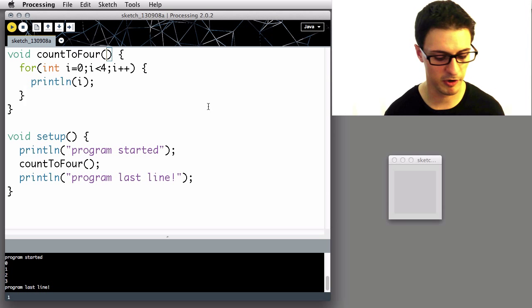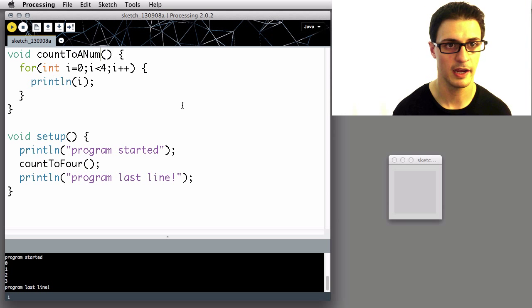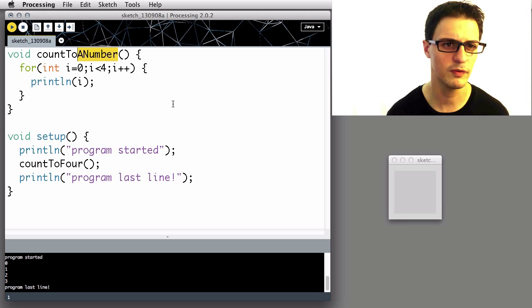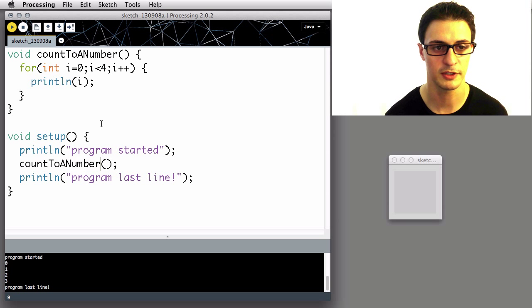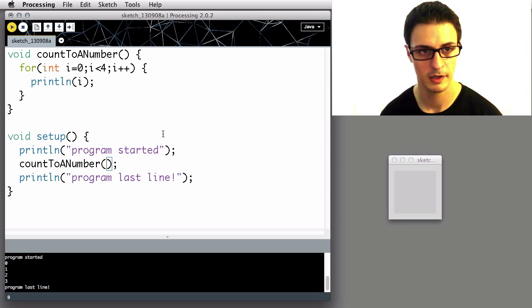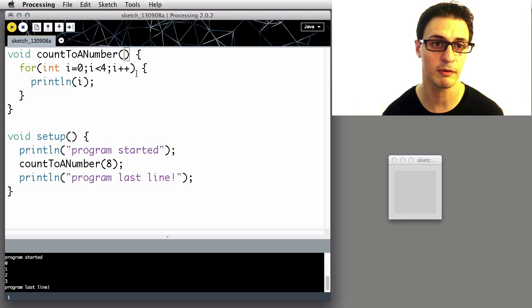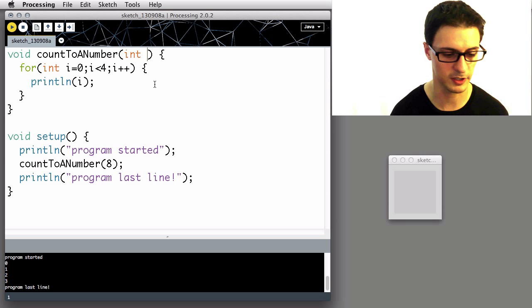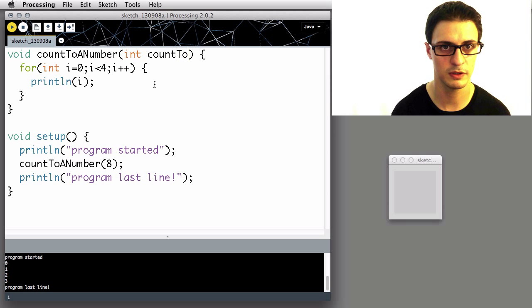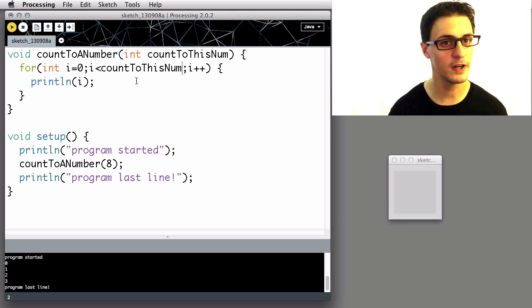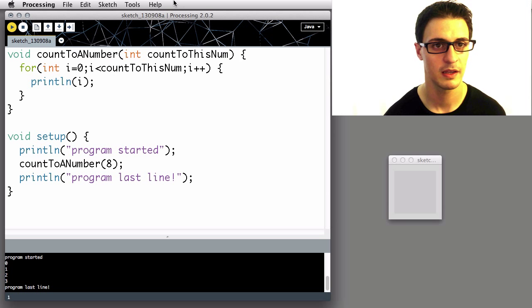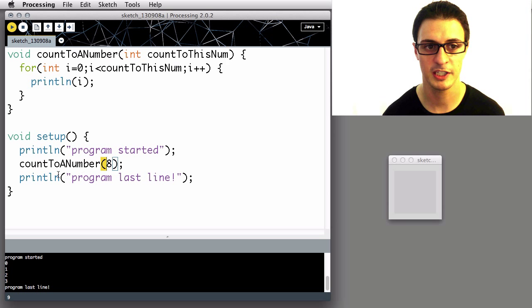We can take parameters for it, a number. So what if we don't always want to count to 4? What if we want to count to different values based on something else in our program or based on some sort of user input? If I put an integer here, I can receive it inside this function by putting an int here and saying count to this num. Now within the scope of this function, it takes on that label. So int count this num here is going to refer to 8 because I put an 8 there,